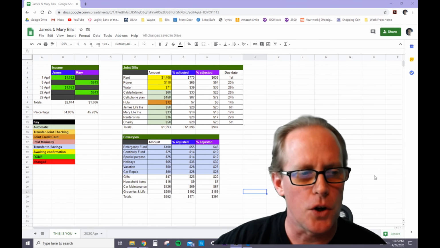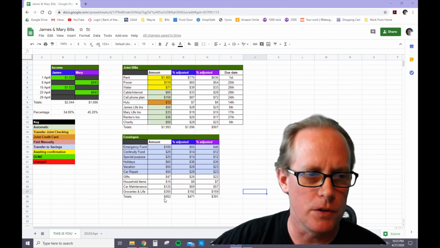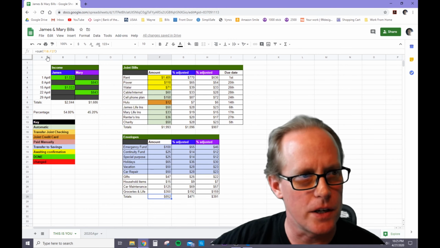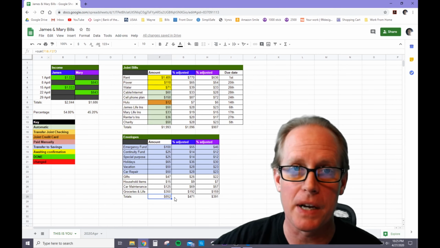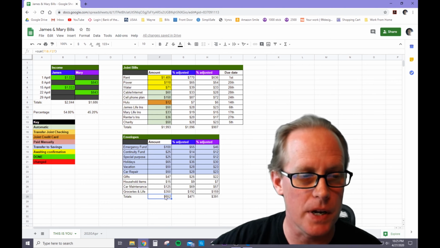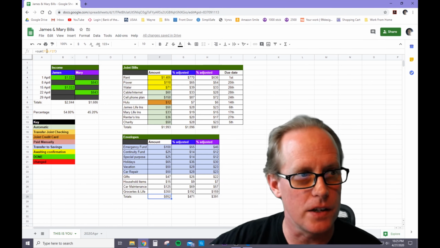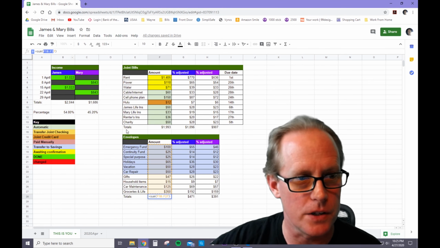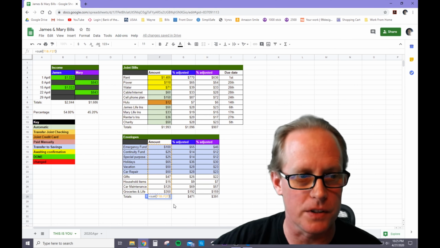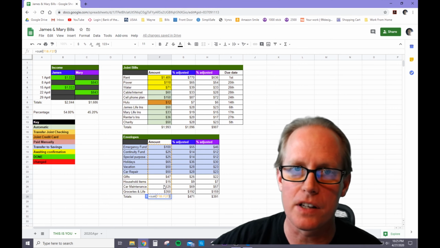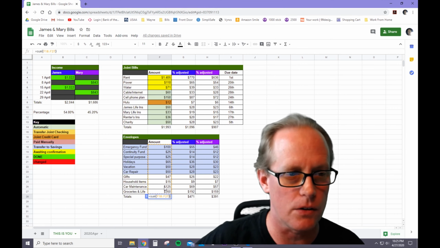So as you can see, I've added the totals down at the bottom of this spreadsheet. And if you look at these, if you remember how to do these, you do sum, or to make it a formula, equals sum, open parentheses, and then drag and drop right here. Just drag and drop down into here, and then it puts close parentheses at the end. So if you highlight everything that you want to be added together, that'll give you your totals.